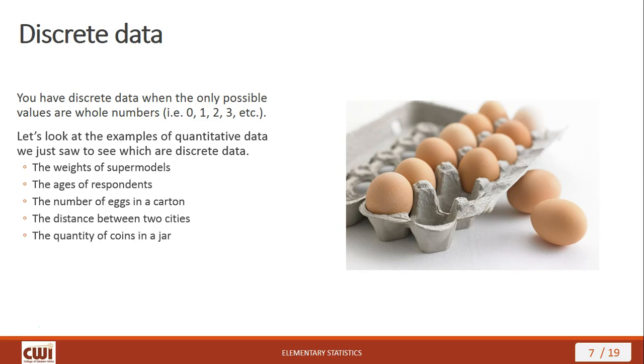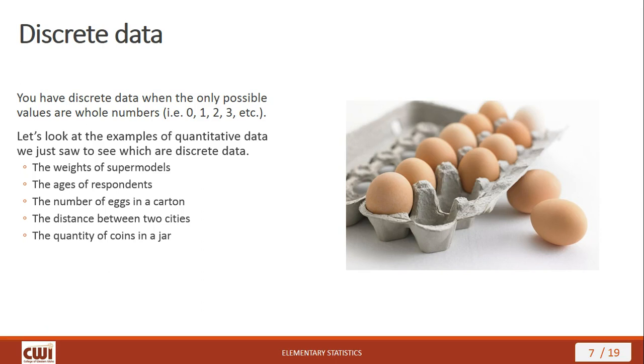The ages of respondents, likewise, would not be an example of discrete data. Typically, when you ask someone how old they are, the response is given as a whole number of years, but that's not how old they really are. They really are a certain number of years, months, weeks, days. So you've got partial years as well as whole years, and therefore the ages of respondents would not be an